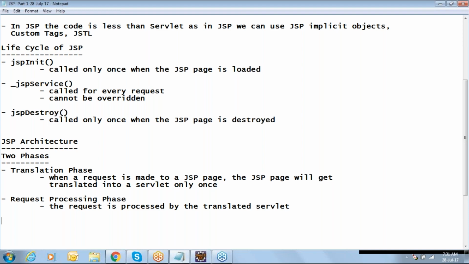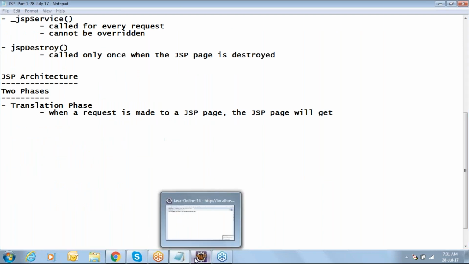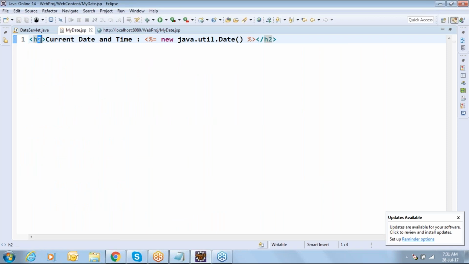The request is processed by whom? By the translated servlet. Okay. There. Now, one more point here. If I do modification to my JSP page,